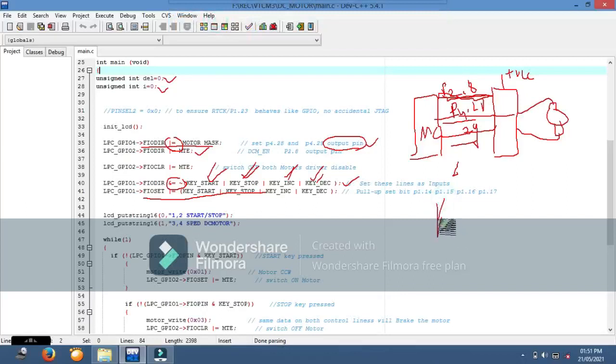Here like this the transistor will be there. Here we have VCC, right? So this will be connected with the key here. So usually the key will be like this. Here we pass the VCC to this pin, right? So the switch is connected like this. So we need to make this transistor enable, so that the VCC will be available on the pin.